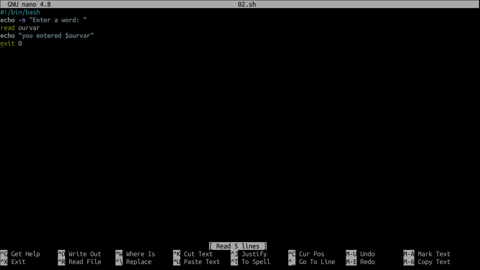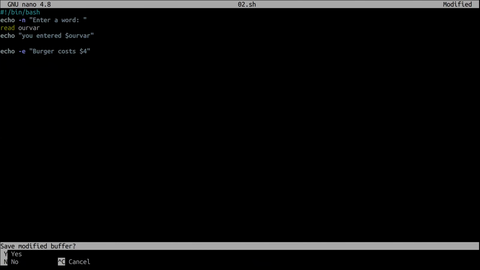And if you want to print the $, let's try one line here. Let's not exit the script and say burger cost $5 or $4, whatever. I'll save it.